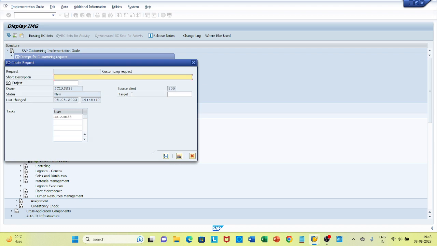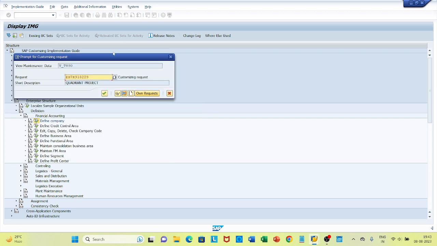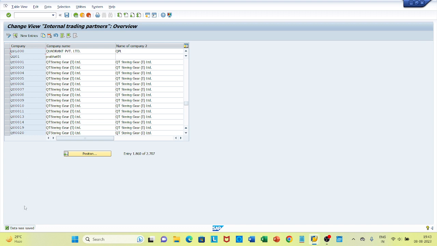I'm giving a short description of my project, which is maybe Quadrant project, and nothing else. I'm just saving it. Click on Save. See, here SAP provides you this customizing number, or TR transaction number. Just click on Continue and the data was saved. Go back,